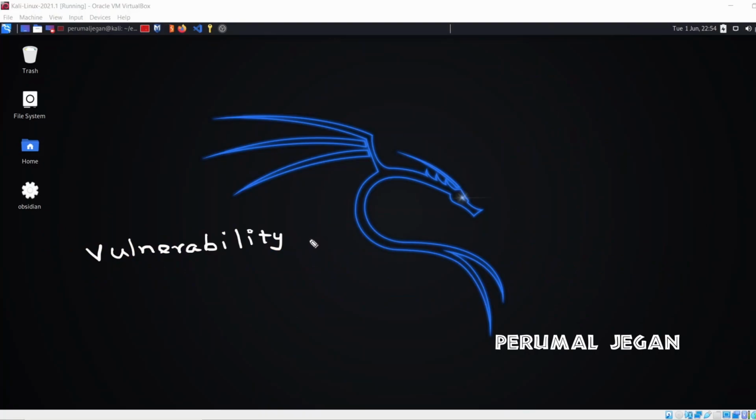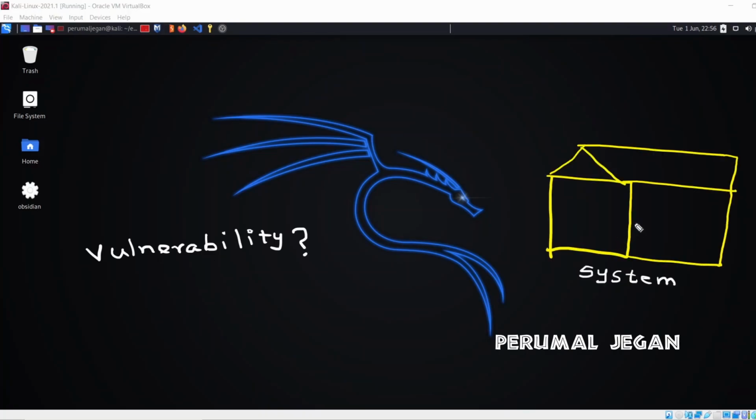And of course, an absolute beginner might have this question: what is a vulnerability? I'll explain in simple terms. Assume this is the system that you want to protect from malicious actors. I'm just comparing this system with a house. This system can be a network or a web application or whatever.